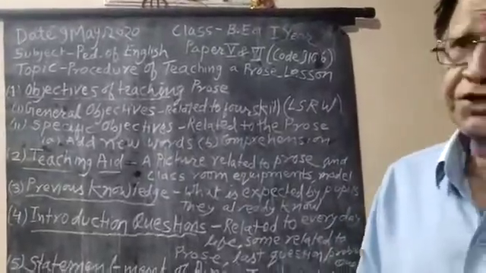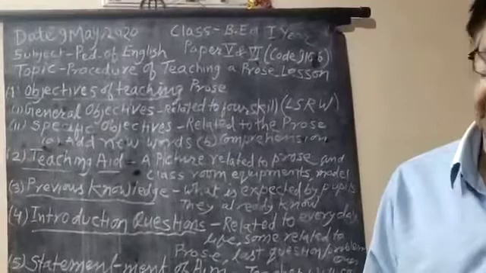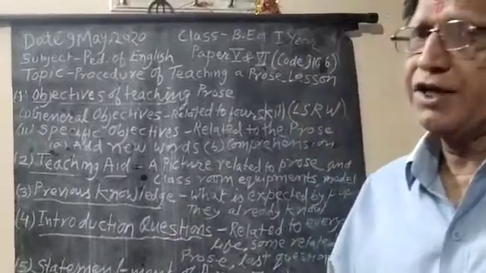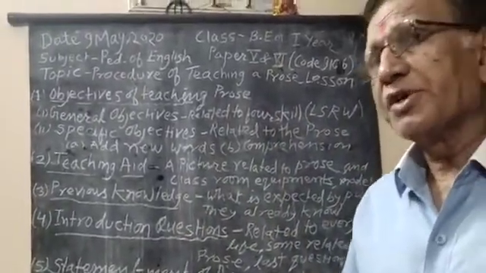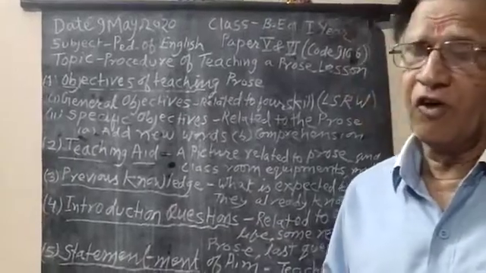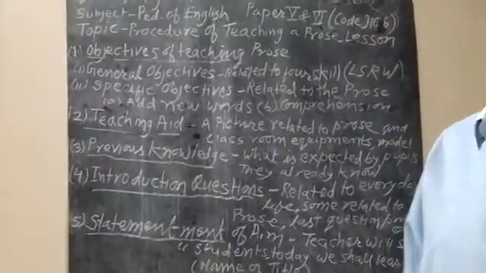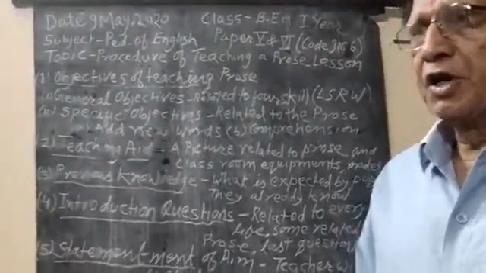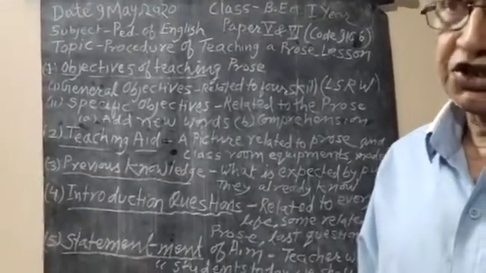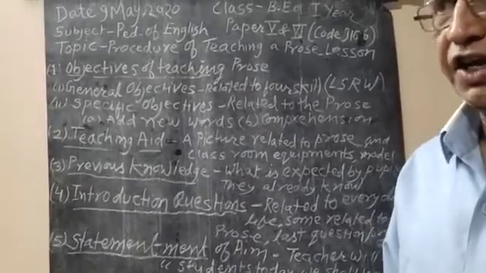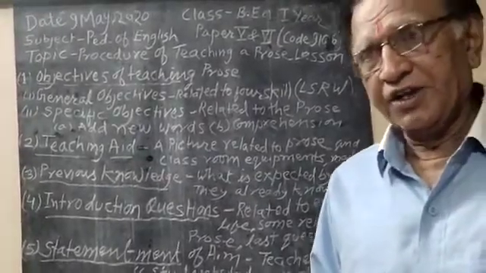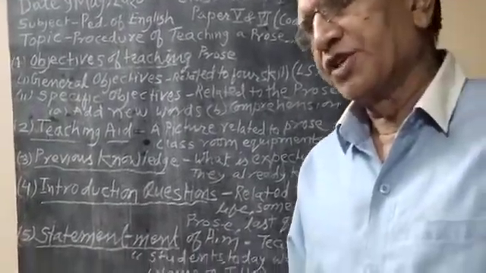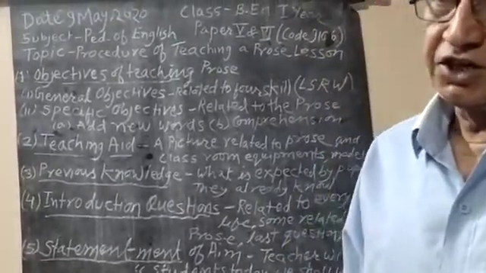First step is objectives of teaching. There are two kinds of objectives, general objectives and specific objectives. General objectives are same for all prose lessons, and they are related to enable students to develop in the basic skills, that is listening, speaking, reading, writing. Enable the students to read with correct pronunciation, write with correct spelling,